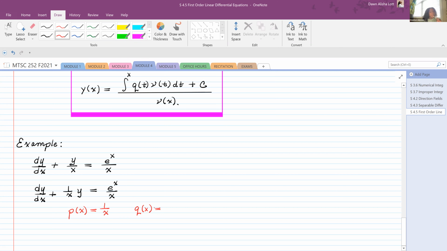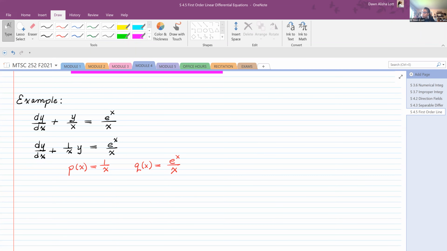Would it be e to the x over x? It's e to the x over x. Okay, so that right there is the beginning of the problem. You have now found p and q. Now, the first thing is to identify p and q. You got that. The second part now is we need to find